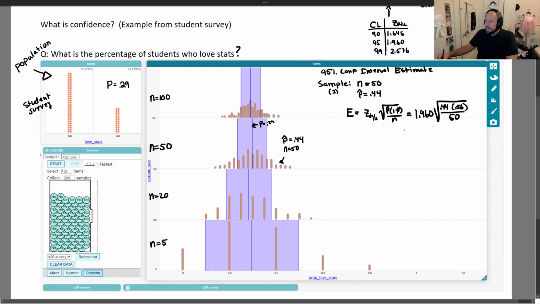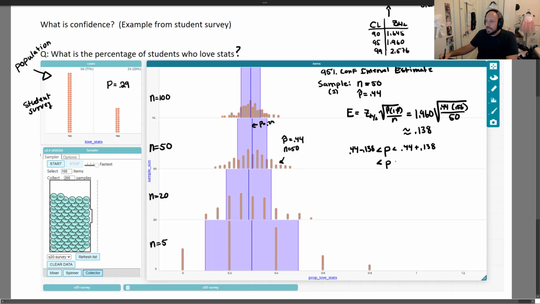Okay, and so when I do this computation, and like I said, it's not so much about focusing on completing the computation, but what I end up getting is a margin of error of about 13.8 percentage points, or about 0.138. And what this means is that our margin of error, when I combine it with that sample that I got, it's going to be 0.44 plus the 0.138, and once again, the 0.44 minus the 0.138, and what we get